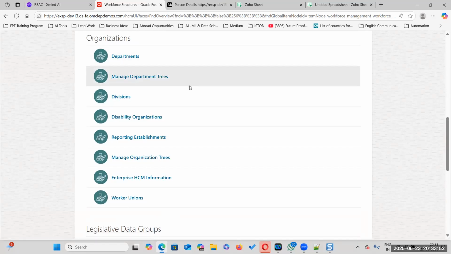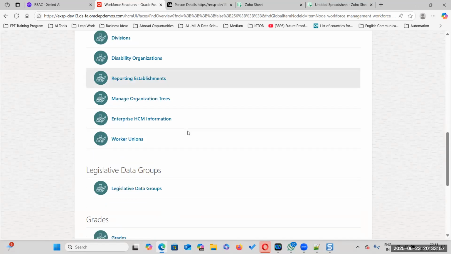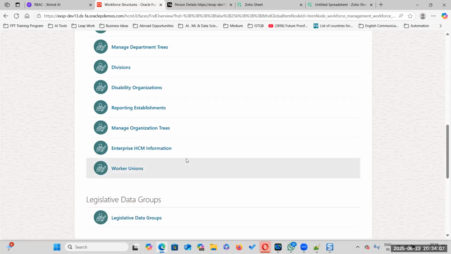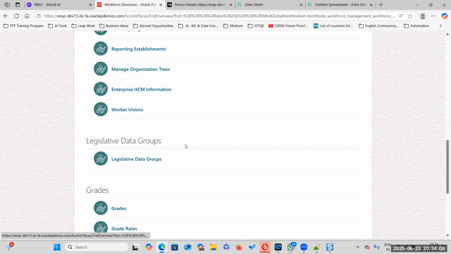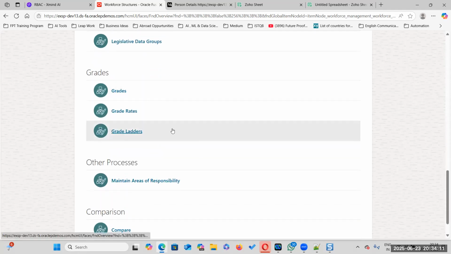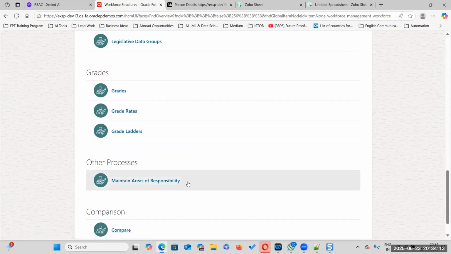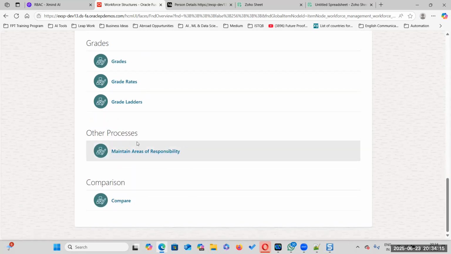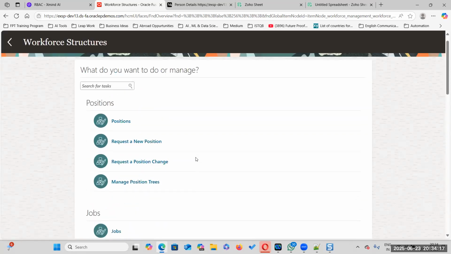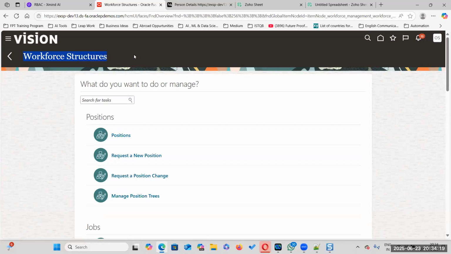No, sir. Organization security profile, position security profile, person security profile, LDG security profile, public person security profile, payroll flow pattern security profile. All the security profiles you are not able to see. And data roles, how to create a data role, that also you are unable to see here. So workforce structures.